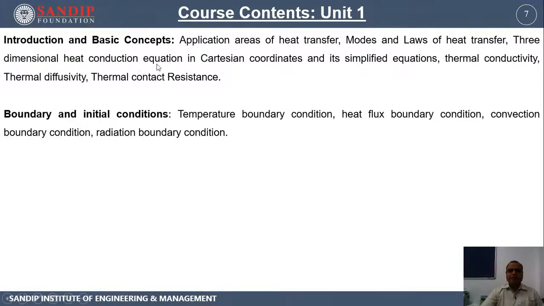After expressing this three-dimensional conduction equation in a simplified form, in order to find out the solution, we have to define certain things physically, and those things are called as boundary conditions or initial conditions. Boundary conditions, if we are designating it with respect to some space coordinates, and initial conditions means when we are describing anything with respect to time, then it's called as initial condition. So application of these different types of boundary conditions like temperature boundary condition, heat flux boundary condition, convection boundary condition, and radiation boundary condition, that we are going to see in the second part.